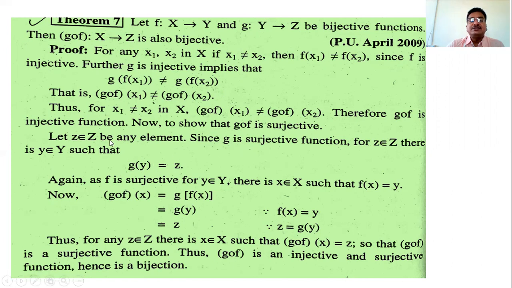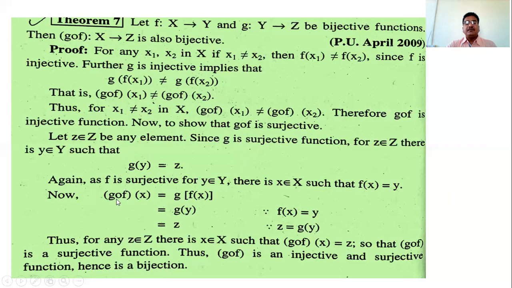Again, this g(y) now becomes an element of what? g(y) becomes an element of Y. And this function f is bijective, meaning it is surjective, and therefore every element of Y has pre-images. Now this g(y) has a pre-image, and suppose x is the pre-image of this g(y). That is, we take that g of f of x is equal to f of g(y), where x is the pre-image of this g(y).